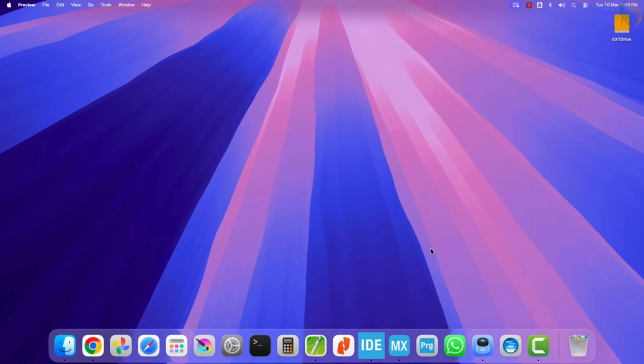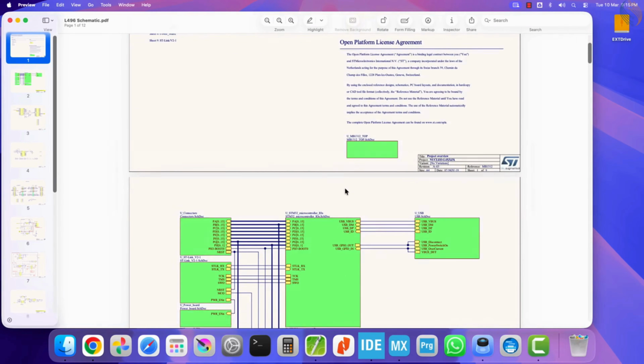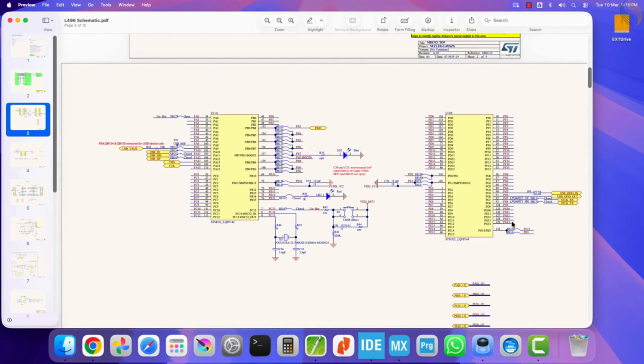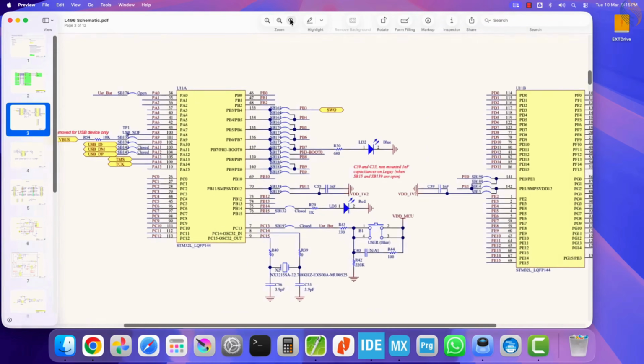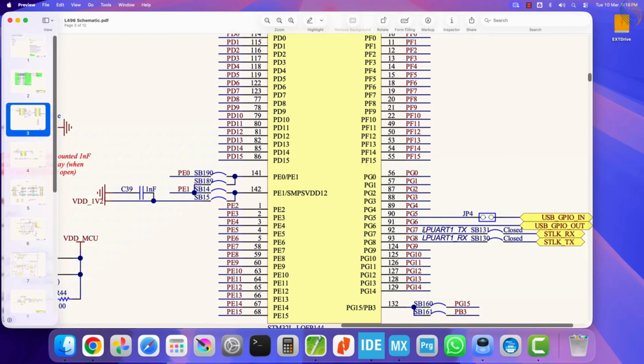Now let's take a quick look at the schematic of the L496 board. Since this is a Nucleo board, we can use the virtual COM port to route the UART data through the ST-Link USB connection. Here you can see that ST-Link RX is connected to low-power UART1 TX, and ST-Link TX is connected to UART1 RX. These correspond to pins PG7 and PG8, so we will keep this in mind while configuring